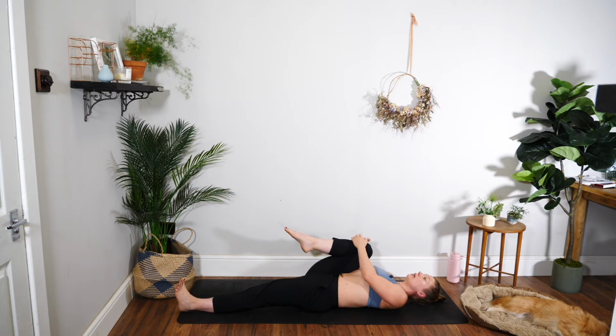It can also be weak glutes, but you can also do this over the edge of a bed. So you could have your bum at the edge of the bed and then your leg hanging over, so you get more of a stretch. Just remember though that if it's going really far, you will probably be compensating by changing the shape of your